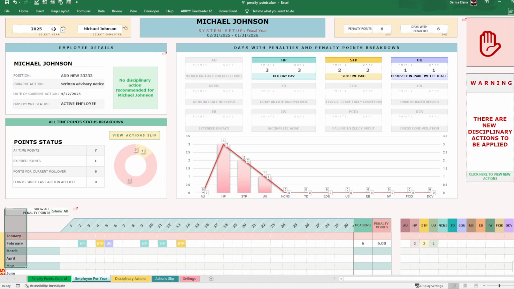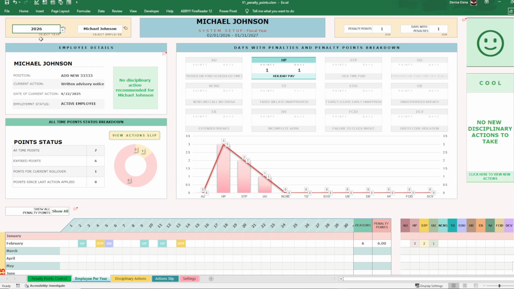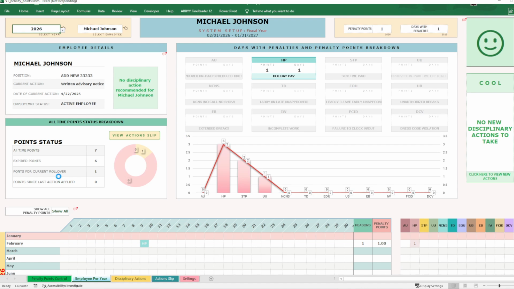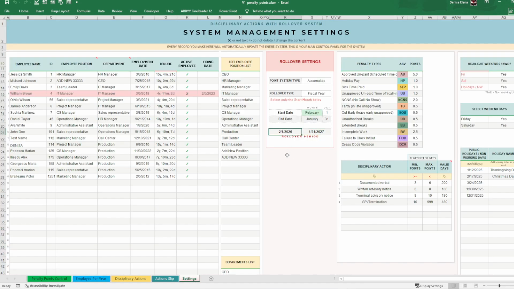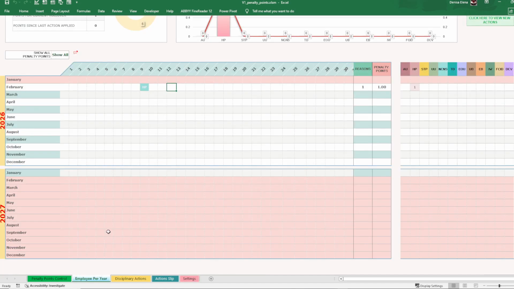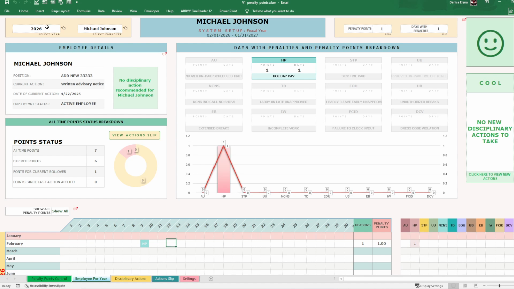If I change the fiscal year, because I want to see the fiscal year 2026, you will see that now everything is updated to 2026 and 2027, and also in the settings you'll see the entire tracker and all the calculations and everything is related to 2026 2027. So your fiscal year, to say so, you will control it from the employee per year tab. You define it here by selecting your year, and everything in the system will be automatically updated to this fiscal year,